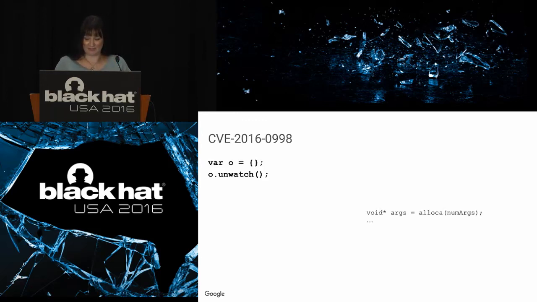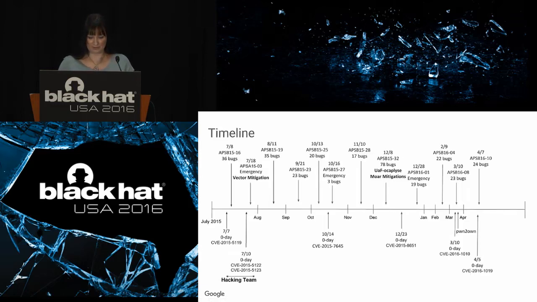What's actually happening here is that when you call a method in Flash, it allocates space for the args on the stack. And in Flash, alloca has a minimum of 8 bytes. So this will return an unallocated 8 bytes on the stack. And then it will call convert to string on this. And since you haven't actually initialized this, whatever value was on the stack before, it will call this virtual method on. And that makes this bug exploitable.